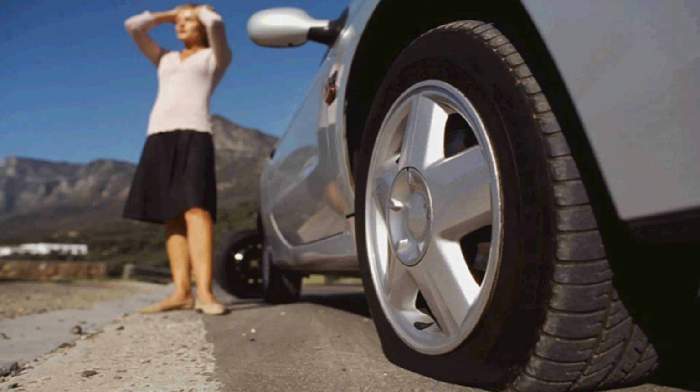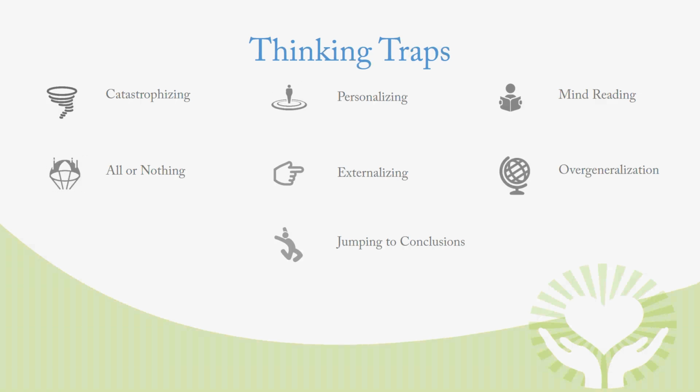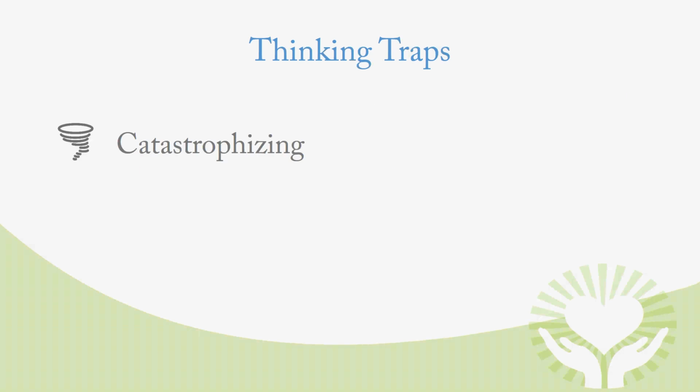So, what are those thoughts? So we've identified several different what we call thinking traps. And they're listed here on this slide, and we're going to go over each one. So these are kind of the counterproductive, negative type thought patterns that tend to lead to a negative type of emotional reaction or consequence. So let's start with the catastrophizing.